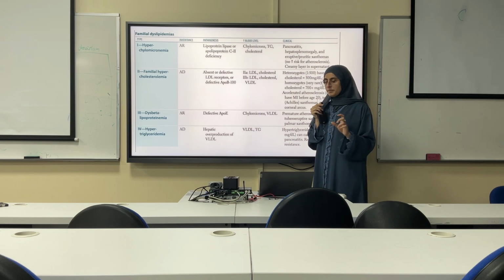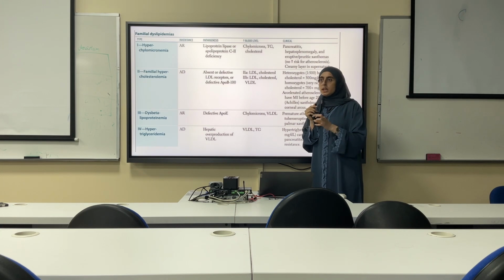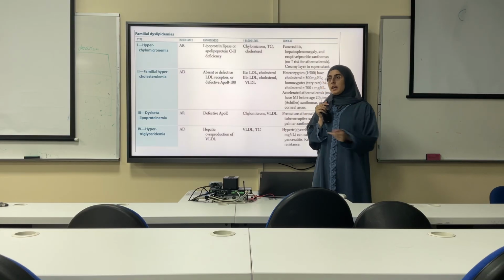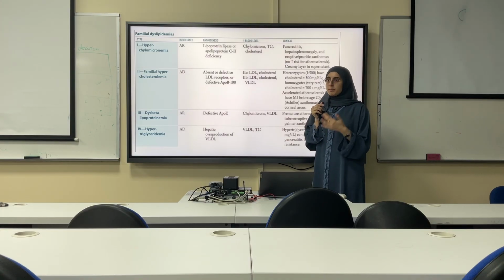Also keep in mind that if the question describes the plasma looking milky, we're most likely referring to chylomicrons, and chylomicrons are not going to be found in blood after 12 hours of fasting because they're usually going to get released from your stomach after you consume a high amount of